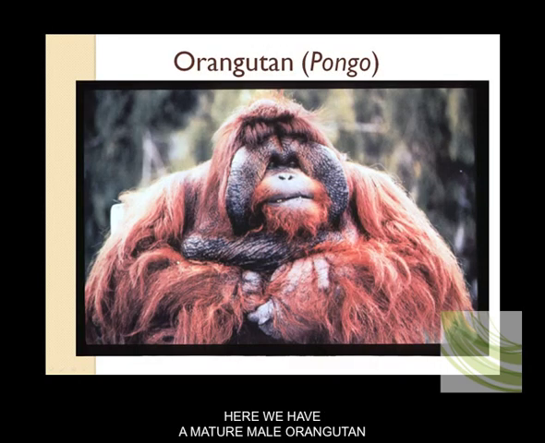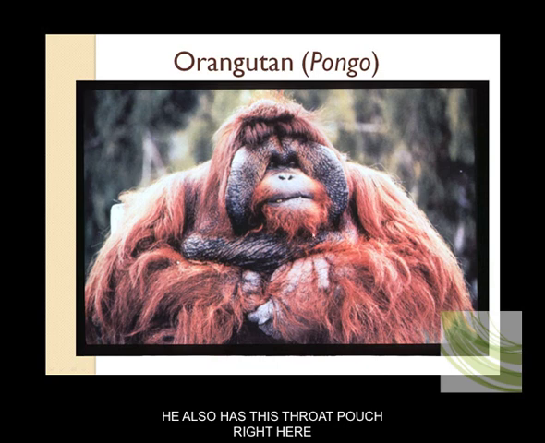Here we have a mature male orangutan, and you can see that this is going to be a highly sexually dimorphic species. He has a large forehead, huge cheek pads, thick hair, a large body size. He also has this throat pouch right here that he's going to use similarly to the way that siamangs do, which is it's going to work to amplify sound from his long calls, which travel a long distance and help prevent fighting among the males. The males are solitary and very territorial, so they use these long calls in order to let each other know where they are so they don't run into each other and end up fighting.